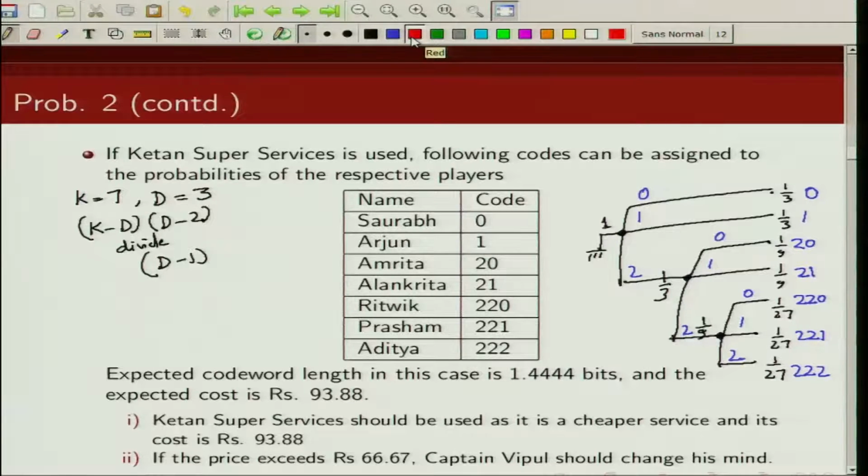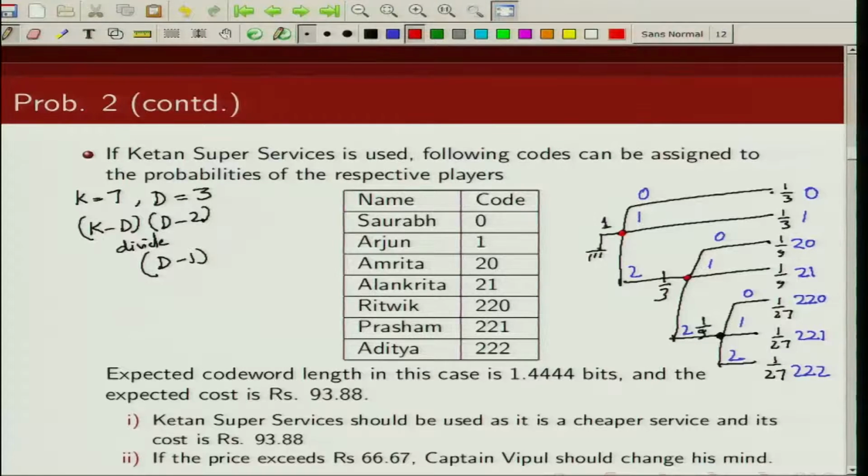So it is the sum of the probabilities of all the nodes including the root node. So this will be 1 plus 1 by 3 plus 1 by 9, and that comes out to be 1.44 bits. Now Ketan Super Services charges 65 rupees per ternary bit. So if I multiply 65 into this expected code word length, the cost that comes out is